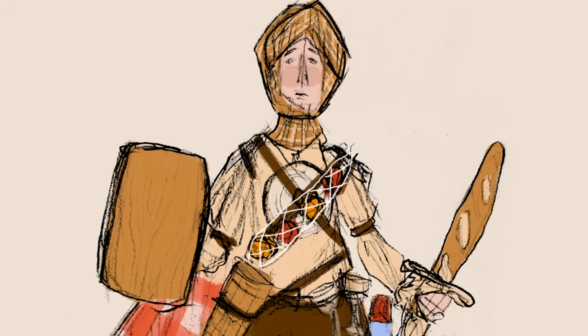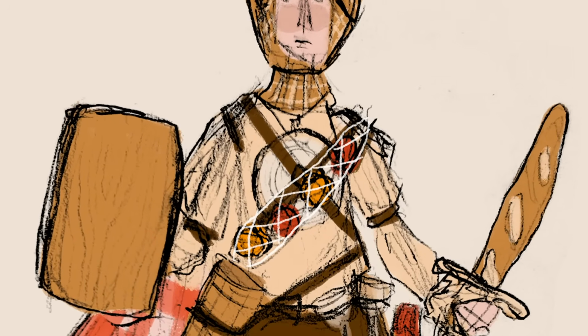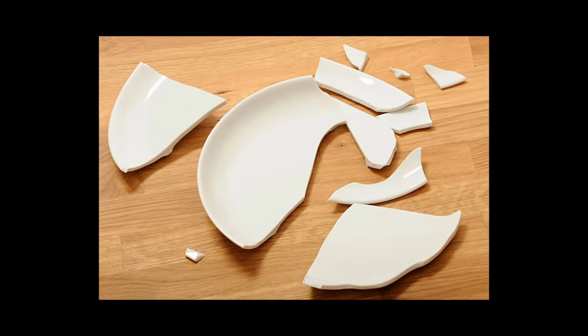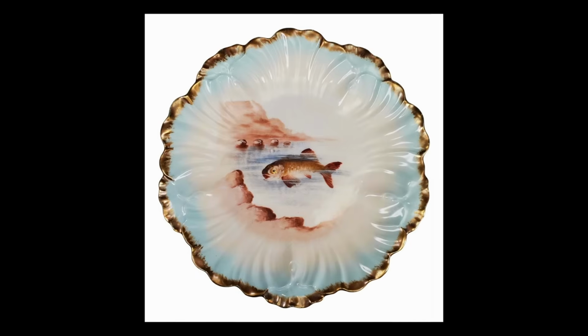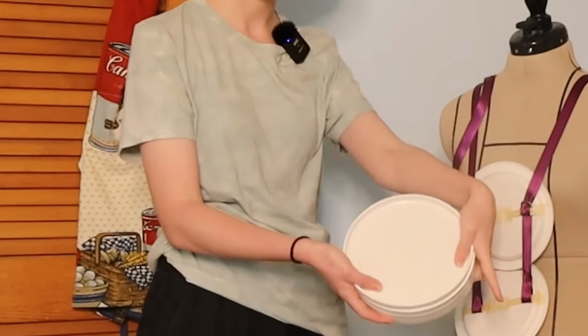With the helmet complete, I moved on to the chest plate of plates. I wanted to use plain white plates for this piece to keep things simple since there was already a lot going on in the design, and I wanted them to be plastic because A, I was worried about breaking ceramic plates, and B, ceramic plates were more likely to be nice plates, aka expensive, and I didn't want to potentially ruin nice plates. So I got these cheap plastic plates from the thrift store,